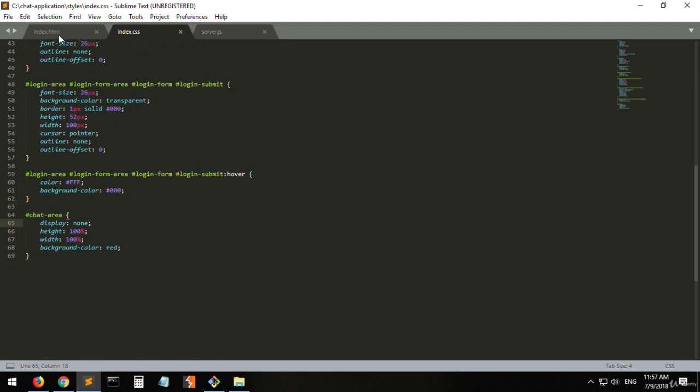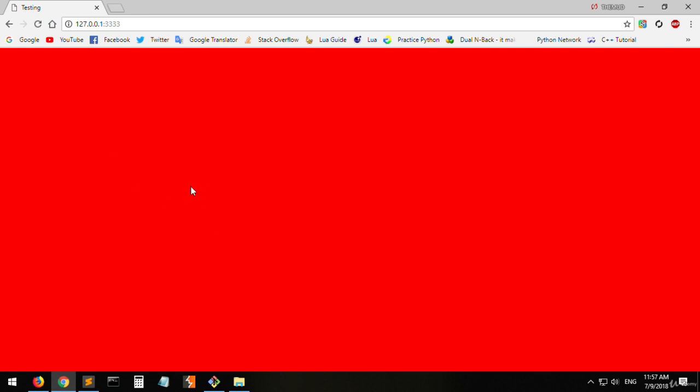So what do we have here? Okay. So in here, what we will be doing today is first of all, we will be dividing the chat area, which is this big red div here, okay, into two pieces. The first one, which is the left one, is going to be the online users, okay, and it's going to list the online users on here, okay, and the second one is going to be on the right